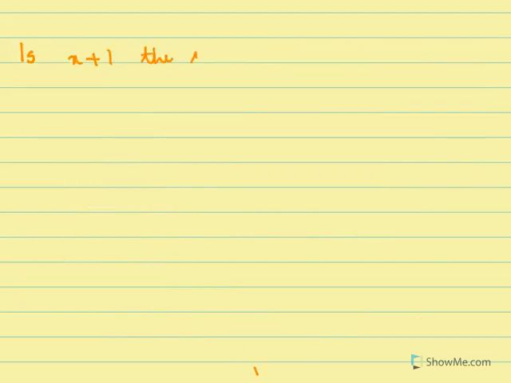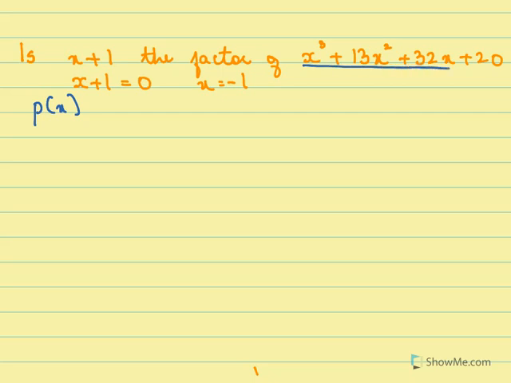plus 1 is a factor. Is x plus 1 the factor of x cubed plus 13x squared plus 32x plus 20? To check this, we'll do x plus 1 equal to 0, x equal to minus 1. So p of x, remember we are checking for this polynomial. So p of x equal to x cubed plus 13x squared plus 32x plus 20. So we have p of minus 1 here,